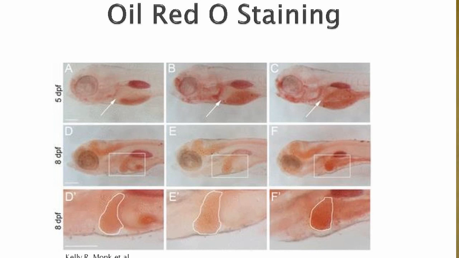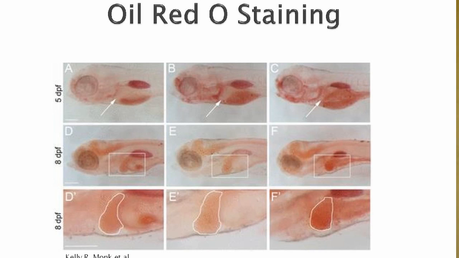SEC63 is a gene responsible for, if any mutation takes place in this gene, polycystic liver disease in humans, and at the same time this kind of mutation is seen in the zebrafish,